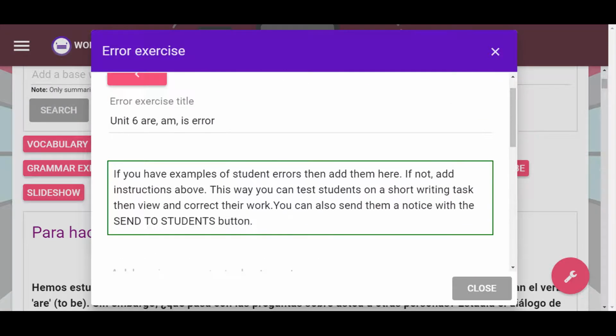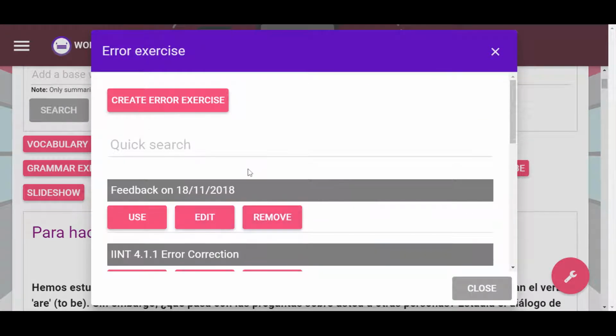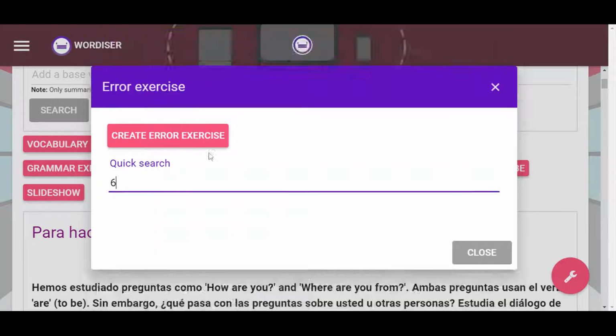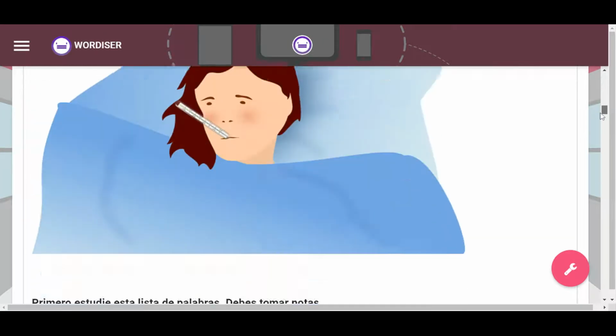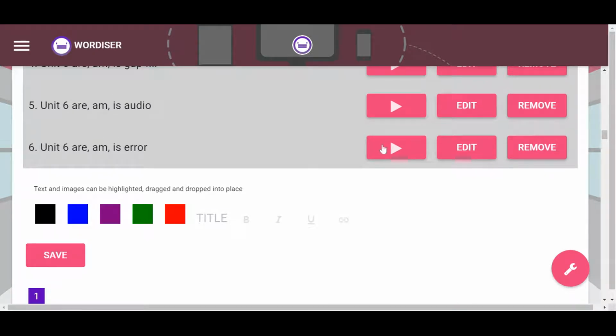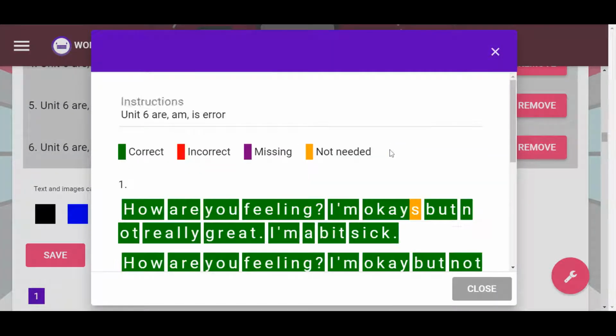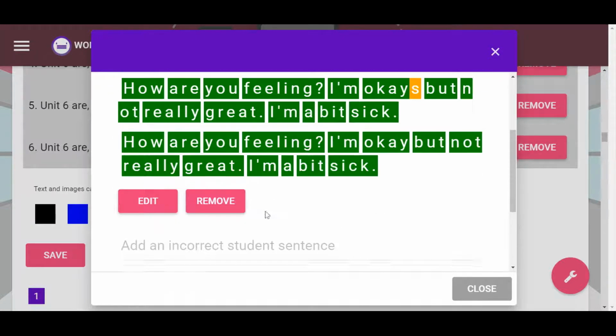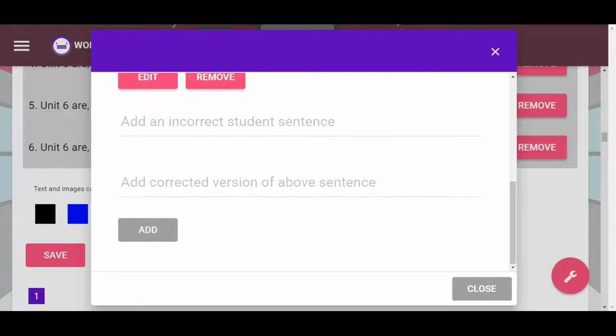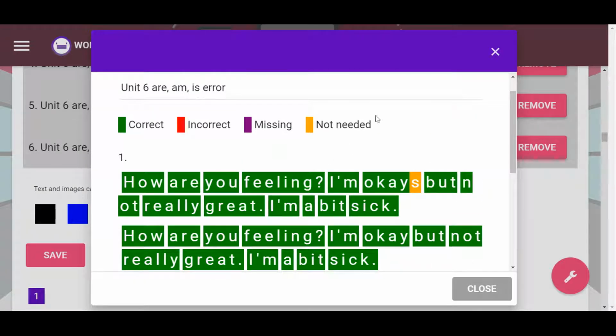Okay, so again, let's go back up. That was Unit 6. Let's go down here, click and view. Now, you can edit and remove here, and as you can see, this is more a teacher's view. Because you're using the teacher's account, you're not seeing how this exercise looks for students. However, I wanted to do this just so you could see the